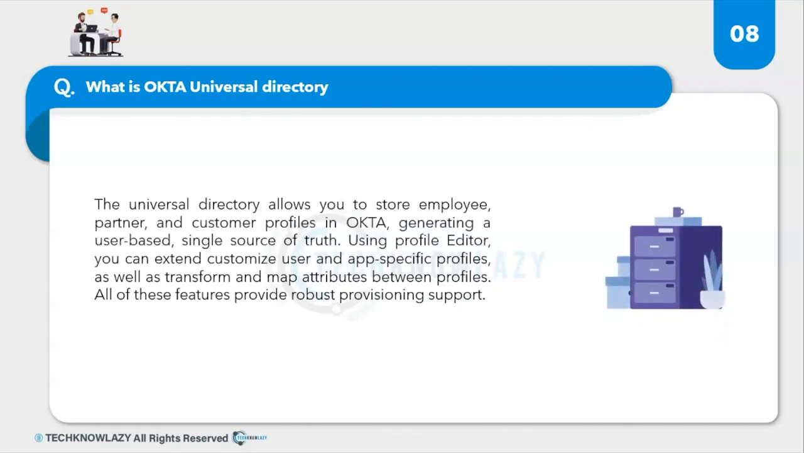So the answer is, the Universal Directory allows you to store employee, partner, and customer profiles in Okta, generating a user-based single source of truth. Using Profile Editor, you can extend, customize user and app-specific profiles, as well as transform and map attributes between profiles. All of these features provide robust provisioning support, right? So it is one place where you can have all the profiles and details about those profiles handled. You can either add or remove their accessibility or profile, right? So that is what